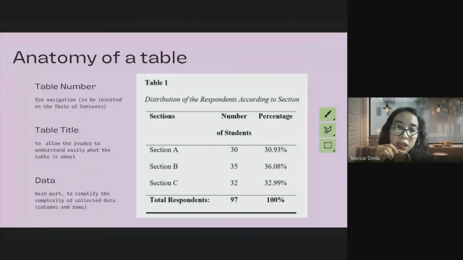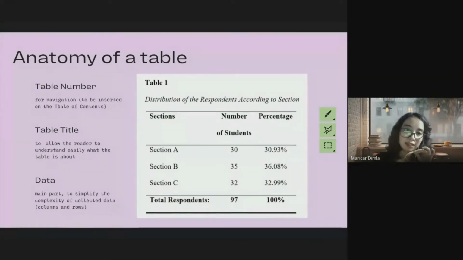Okay ba? And then class, hindi naman pwedeng ilalagay lang natin dun sa table of contents, table 1, table 2, table 3. You need to have the title, para easy to navigate. Halimbawa, gusto lang makita ng panelists ninyo, distribution of respondents according to section. So, madali pakikita nila yun sa table of contents. Okay? Madali para mahanap sa paper ninyo. Okay? Alright. So, class, wag kayo magpasa kay Ma'am Cam ng paper ninyo ng chapter 3 na walang table number or table title.